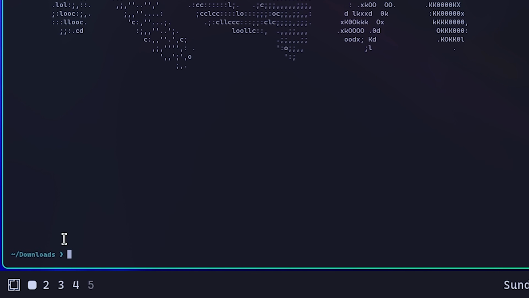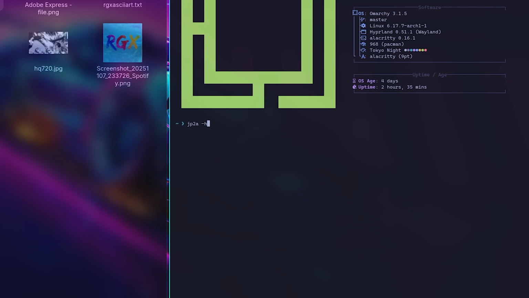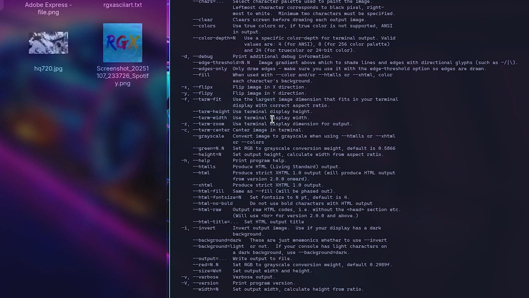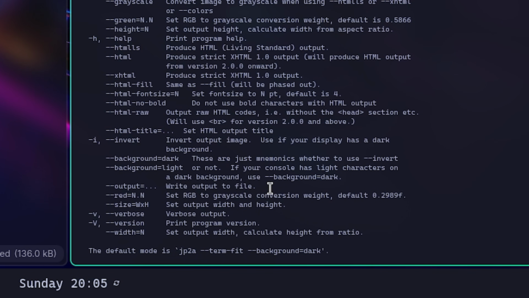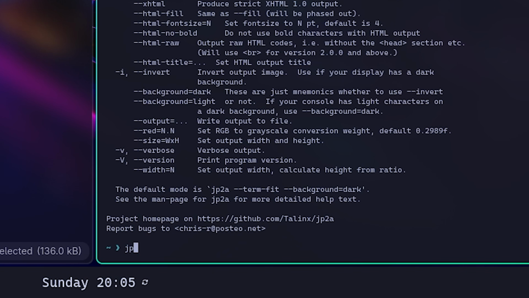What are the colors though? Okay, so apparently if I do the same command, but --colors. Okay, that looks insane. Now I do want to save this. So let's see all the commands. Oh, output, there it is. Write output to a file. That is exactly what we need. So insert the same command, but now with output, set the directory where it should save.